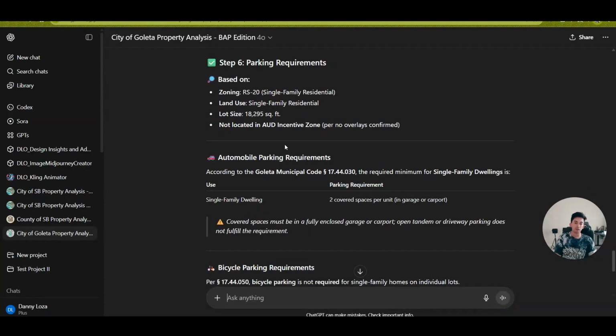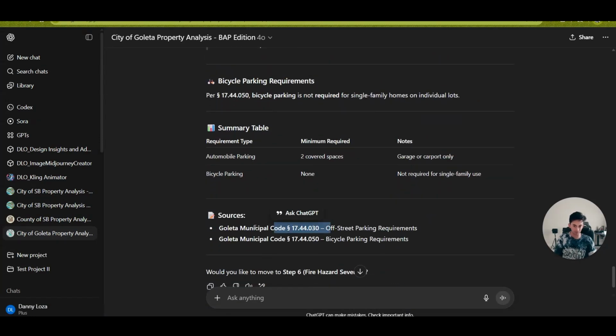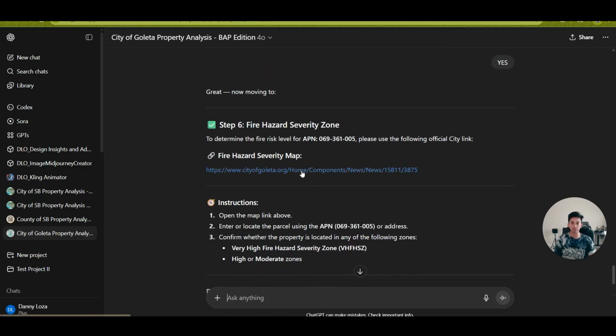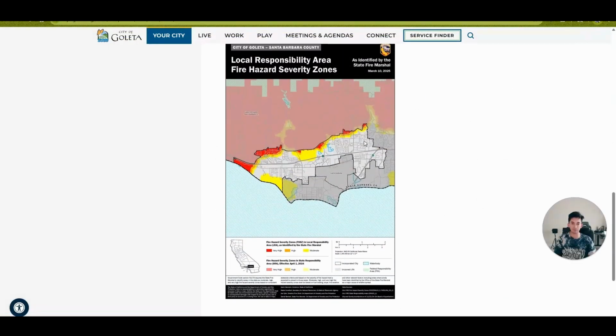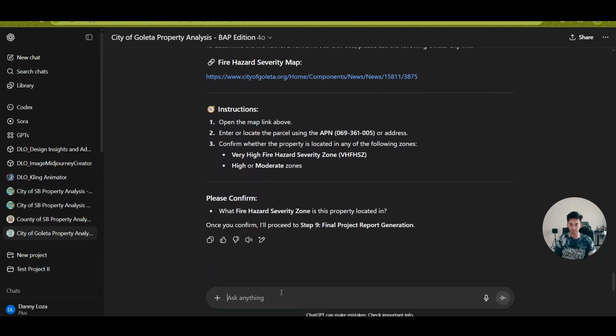Now, all these you have to verify. It's giving you information based on the municipality, but you never know if it's actually getting it from the right spot. Maybe it made a mistake. So you want to make sure that you go to these links, to this code, and really check. Yeah, sure. So it's asking me, hey, if you want to check, come here, and it will take me to the severity. I don't think it has any severity here. So I'll say